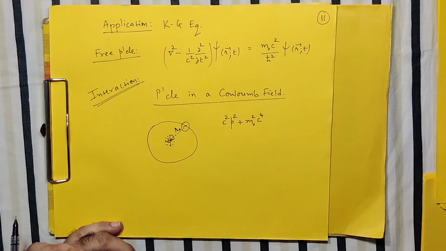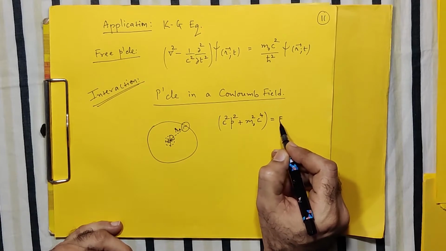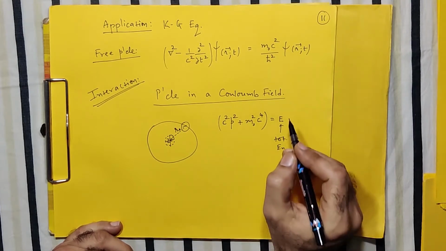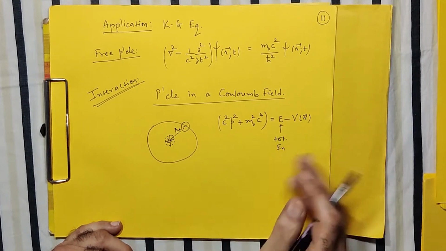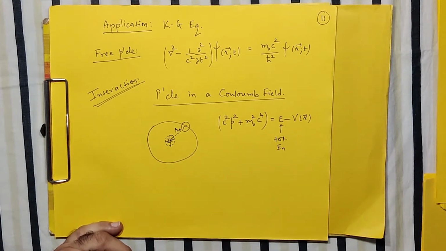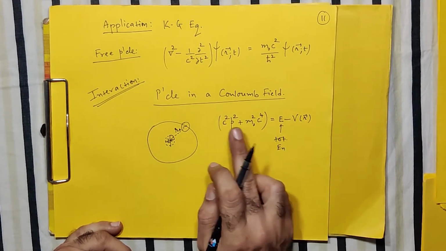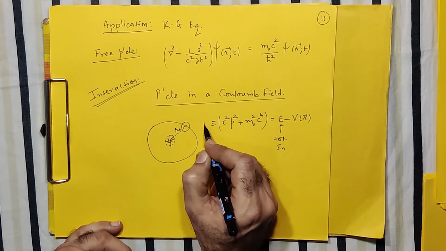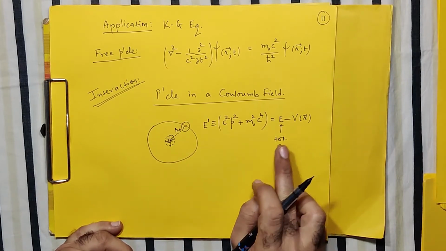This kinetic energy will no longer be the total energy. Instead, the total energy will be subtracted by the potential. If I write the potential as V as a function of r, and let us also assume that it is a time independent problem, then the kinetic energy will be the total energy minus potential energy, or in other words, the kinetic energy plus potential energy is the total energy. This, if I call E dash, for example,